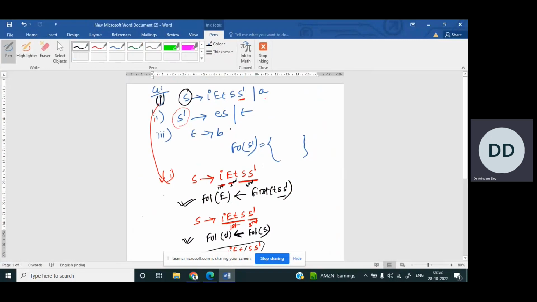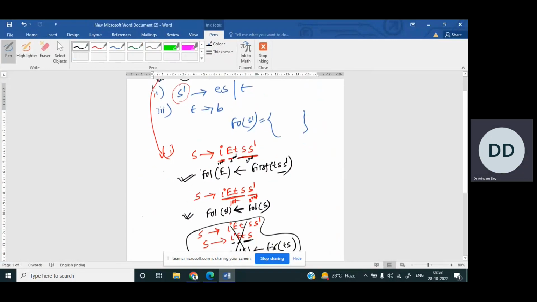Again, for your understanding, I am repeating the same portion here. First we took the first production and made it in three segment format: I in one segment, E in the second segment, and T S dash in the third segment. So we applied rule number two. The first of T S dash is the follow of E, the follow of the second portion. Then we change the